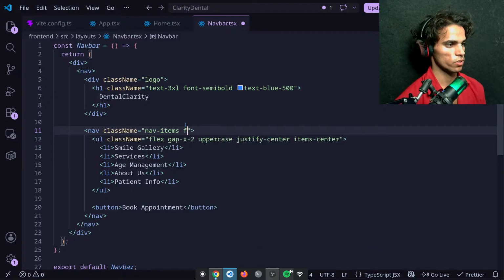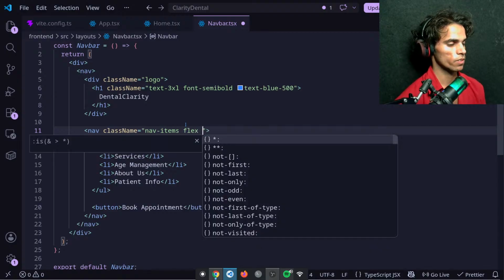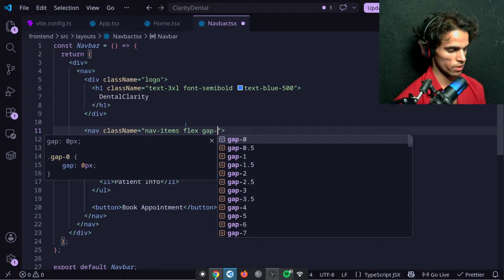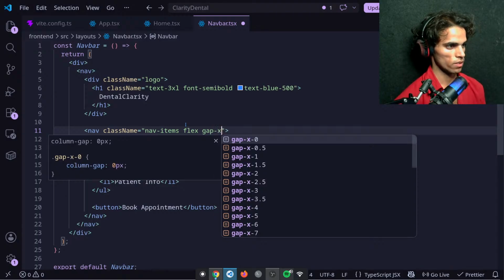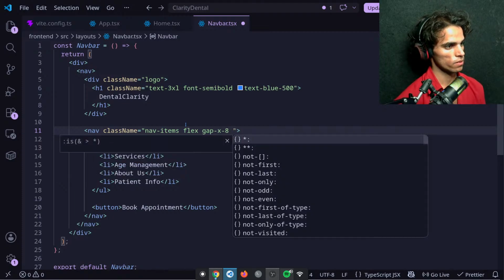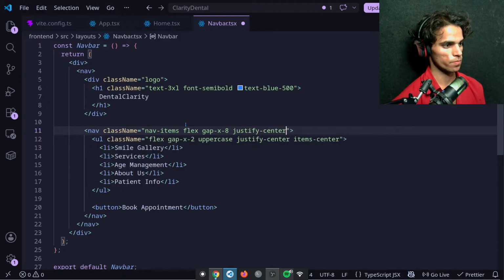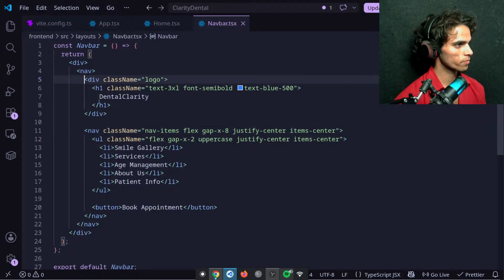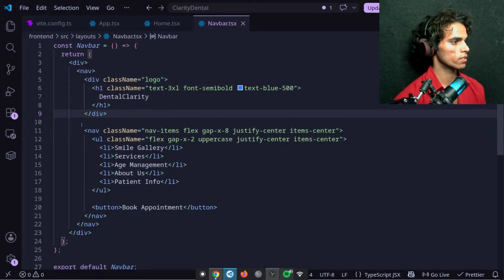Give this flex also, and gap x will be 8, justify center, items center. This is in nav.